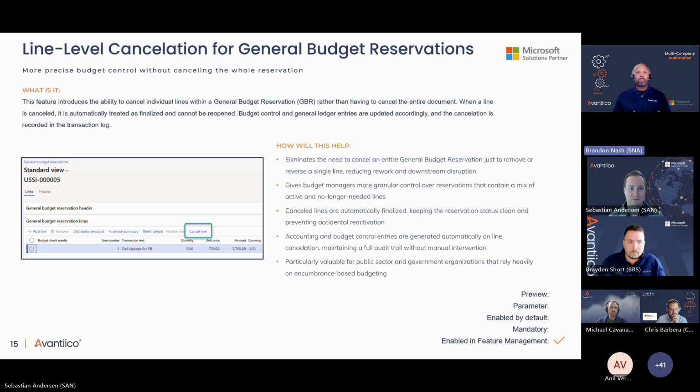So when you make those purchases, this function allows you to cancel those budget reservations at the line level, which didn't exist before. You basically had to cancel your reservation as a whole and then start a whole new one. And so this allows you a little more flexibility and control over that process when it comes to reservations that maybe contain a mix of active and no longer needed lines